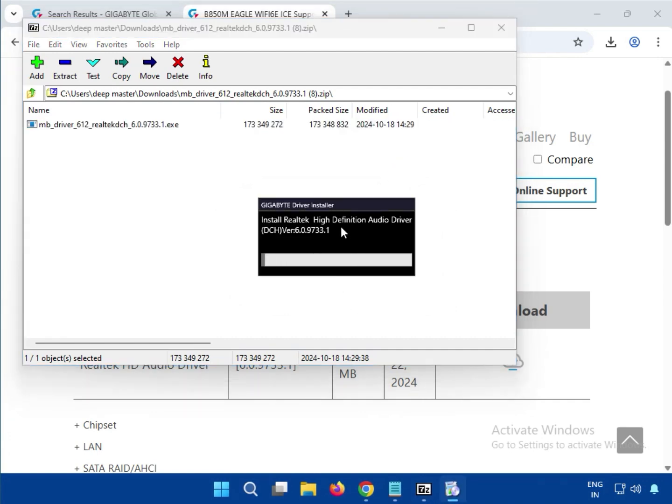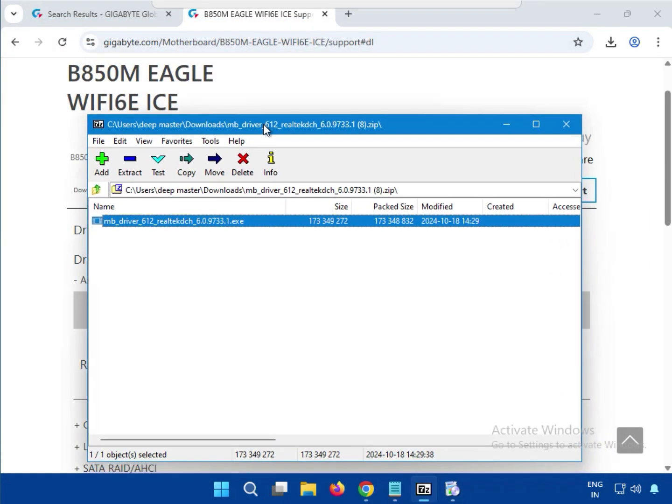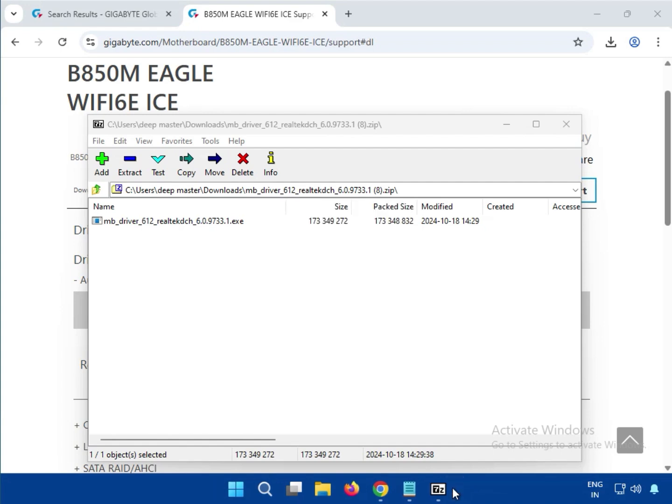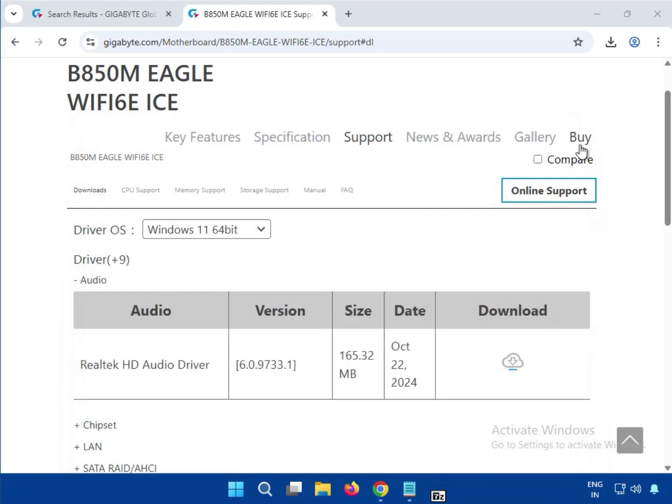So do not close this window. Now this is installing the audio driver, you can see. Then it closes automatically, which means it is done. Then